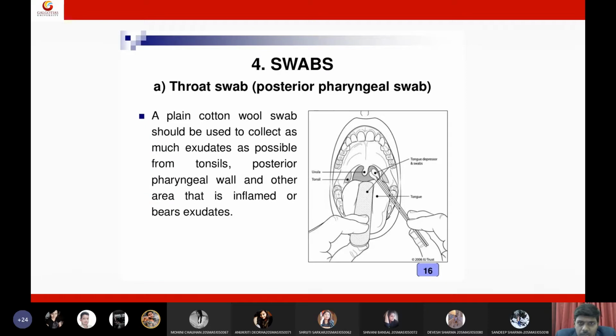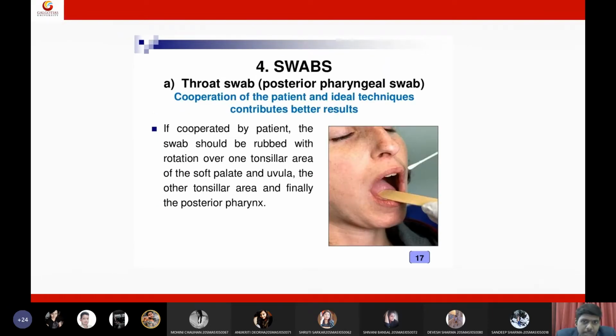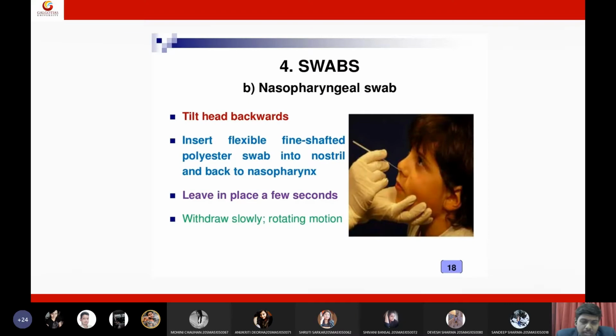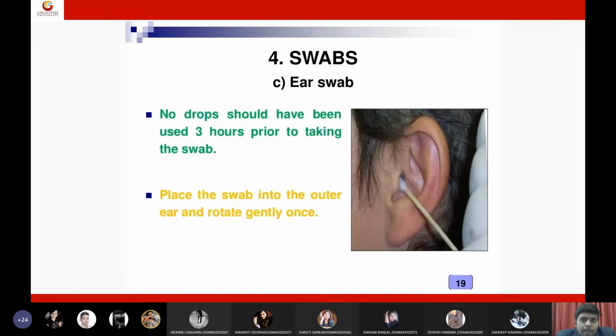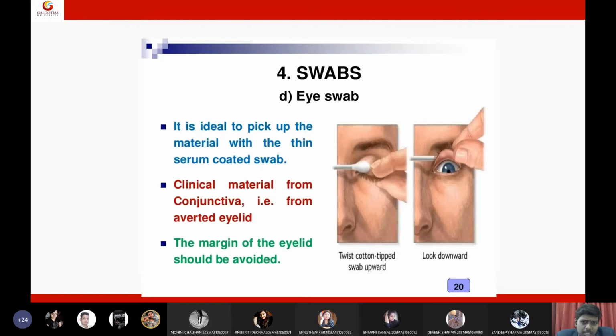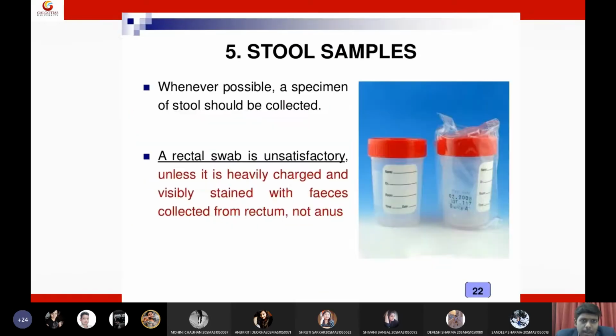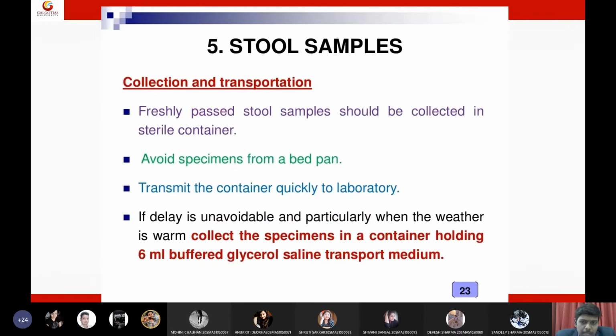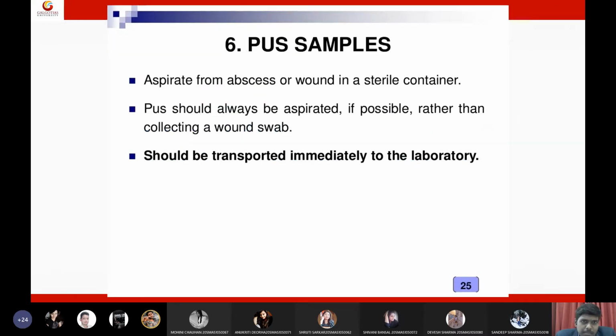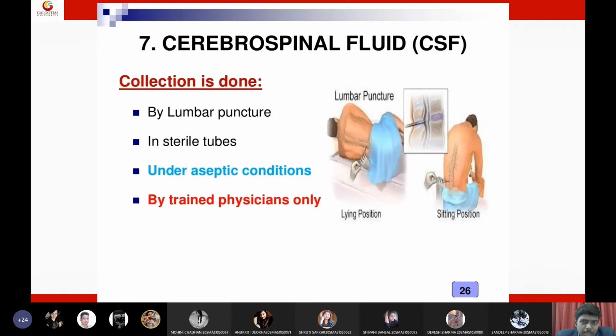So these are oropharyngeal swabs, nasopharyngeal swabs, and this is a nasopharyngeal swab. Nasopharyngeal swab will be collected by introducing the swab directly into the nose, whereas oropharyngeal swab will be collected by introducing swab in the oral cavity of the person. And other swabs, okay, ear swabs can also be collected like this. Samples and rectal swabs, pus samples, cerebrospinal fluid can be obtained by CSF.